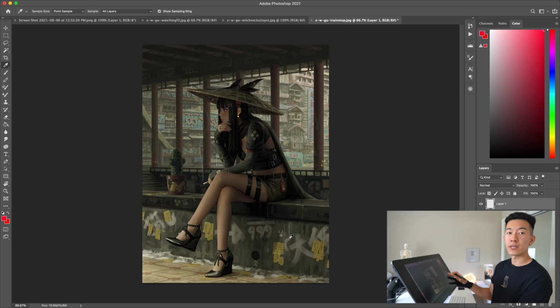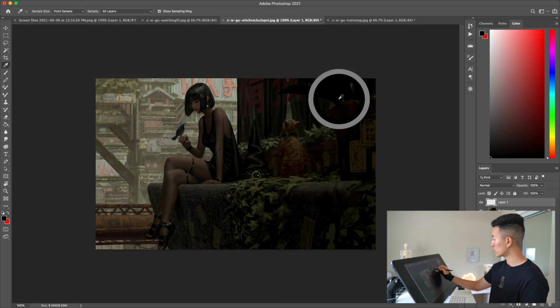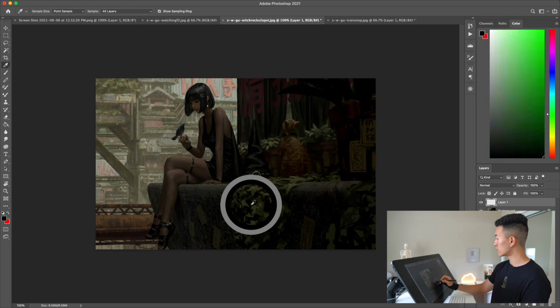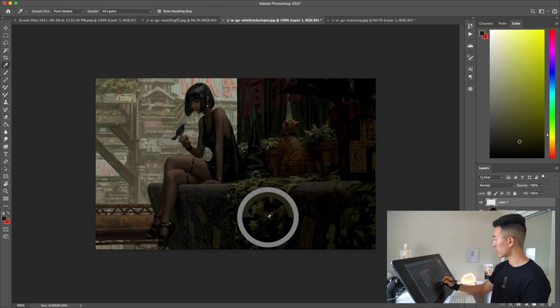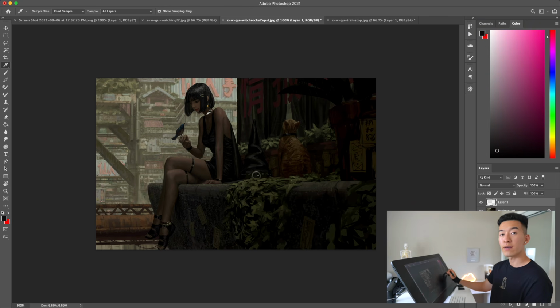So the key theme here is values. And there are 2 points that I wanna talk about. Number one is value range. So to take a look at the values that he uses in different parts of this composition, I'm going to use the eyedropper tool here, and I'm going to just swipe my way across the painting. But keep your eye on this little circle guy here on our color palette. I'm going to start from the top, and you can see just how dark these values are. In certain areas, you're almost getting pure blacks, which, you know, is something that I've been told never to do. So that's everything in the foreground.